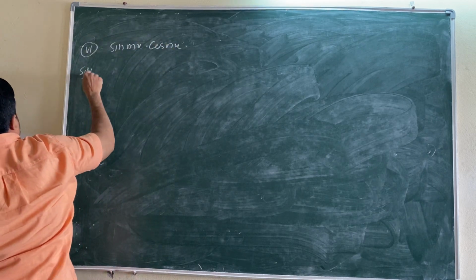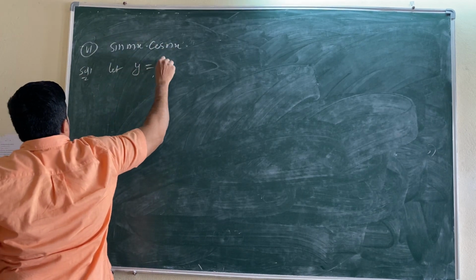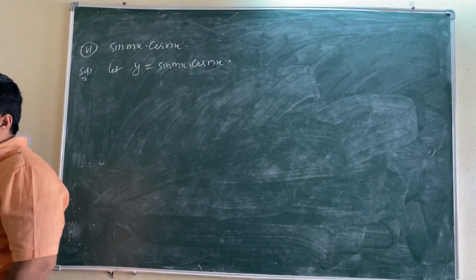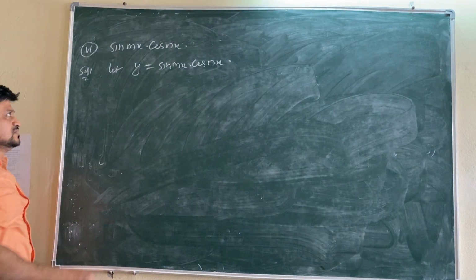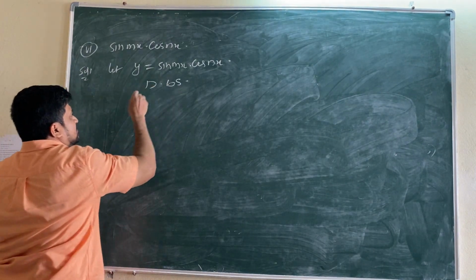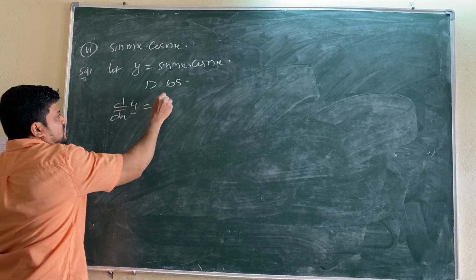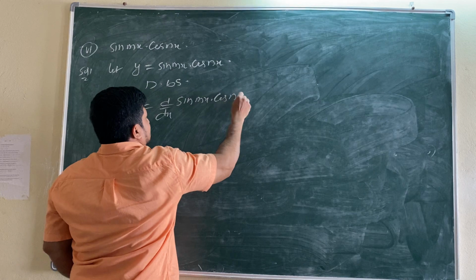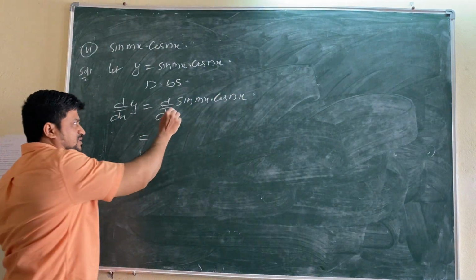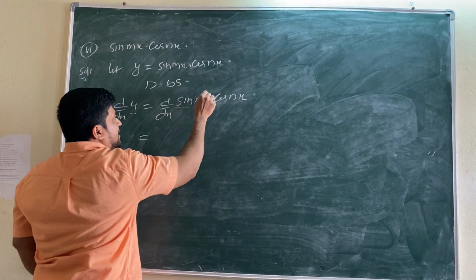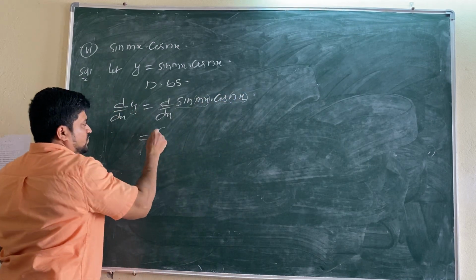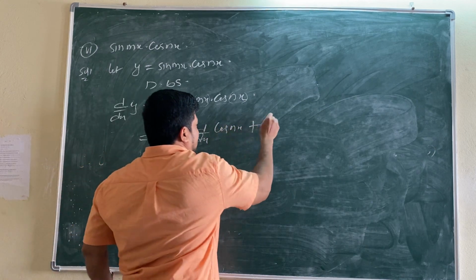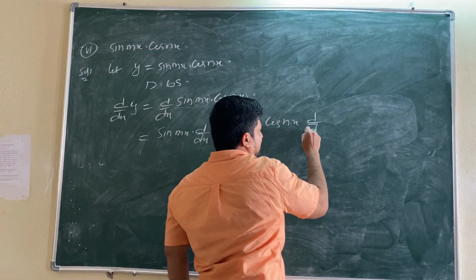Now once again, is this the same question, or is this a different one? Different one. Why is this different? sin mx cos nx. We don't have powers here; mx is given as the angle. Still what we have to do is differentiate both sides, d by dx of this one. UV form, same thing, this is u and this is v. Write the angle in bracket. u derivative of v plus v derivative of u.